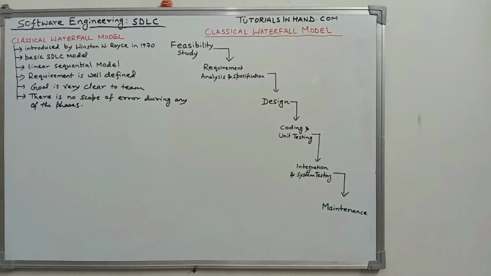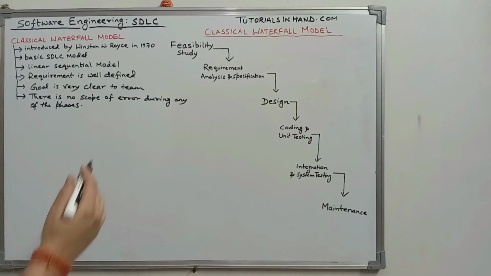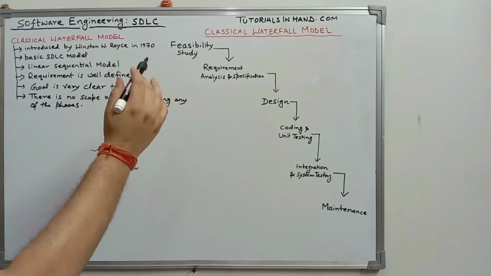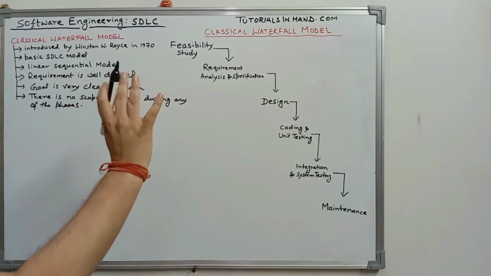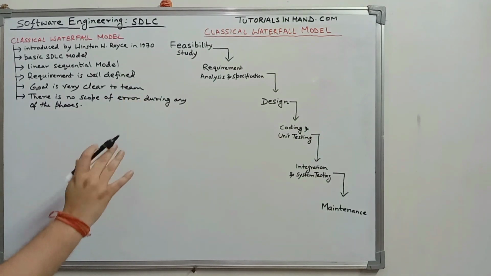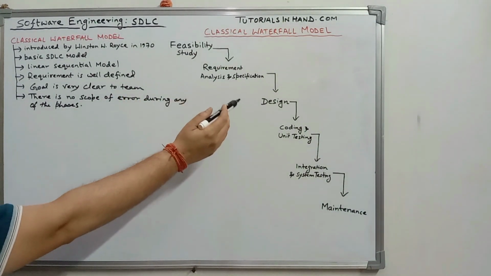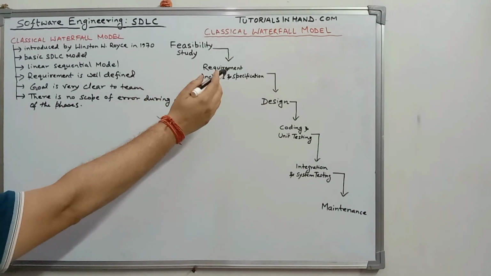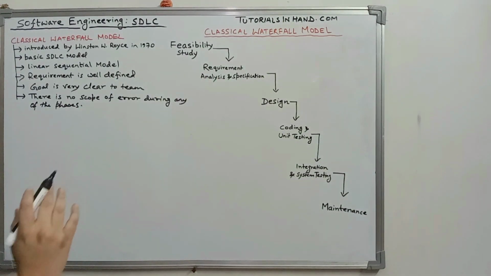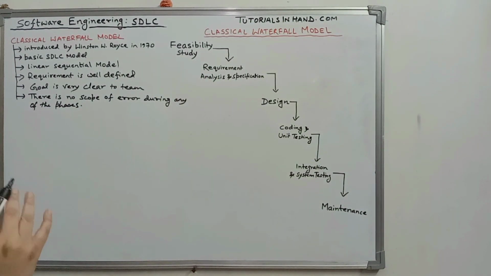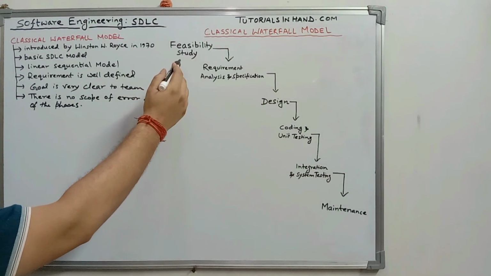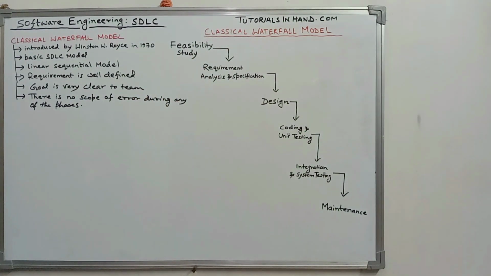That means every phase performed in this classical waterfall model should be very accurate and perfect, and should not have any scope of error. The reason is that we do not have the facility to come back to the previous stage and correct the error. Once one stage is completed, it is assumed that everything is very clear and 100% error proof, and that is why only once one stage is completed do we move to the next stage.